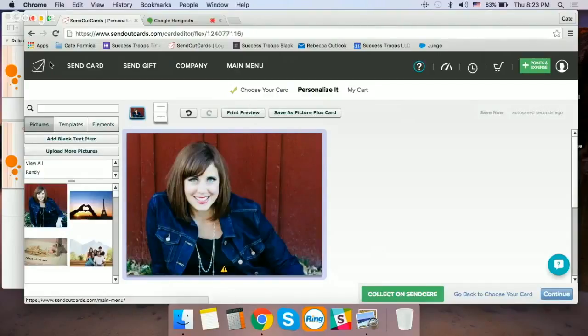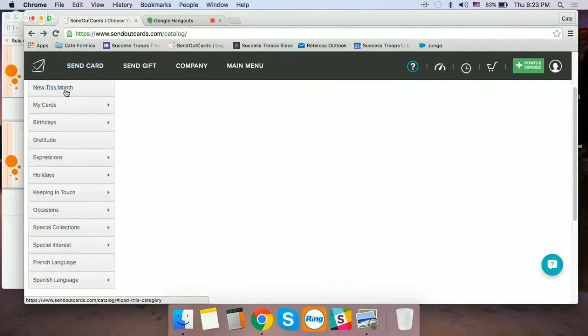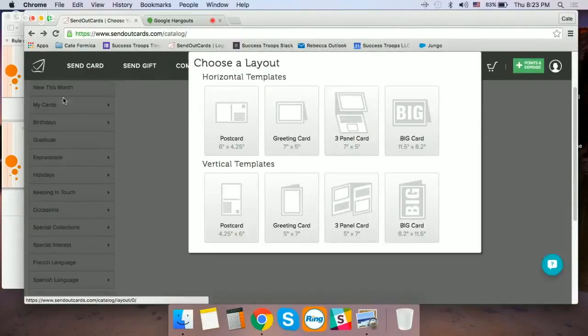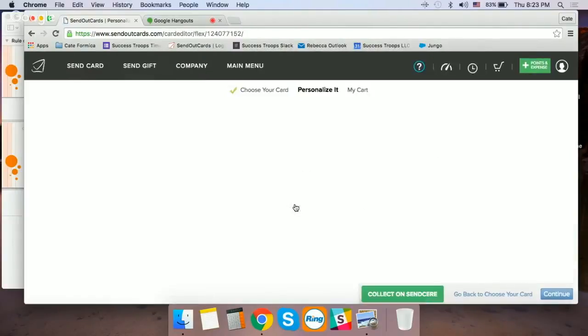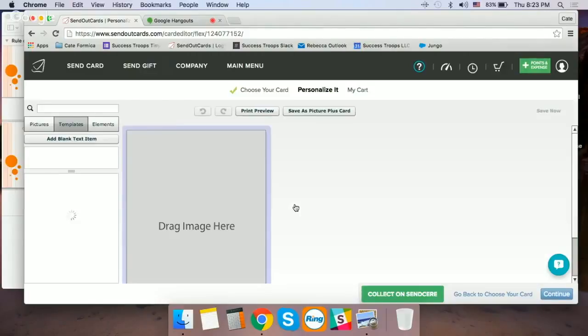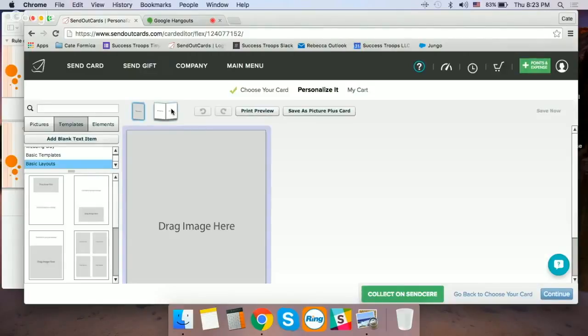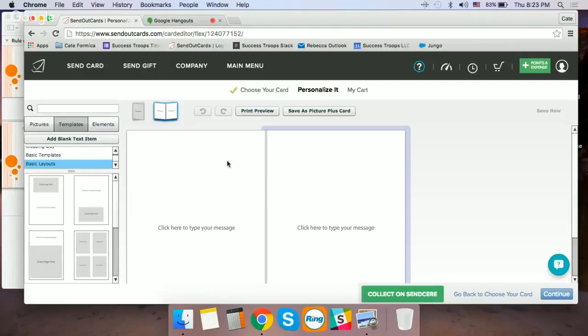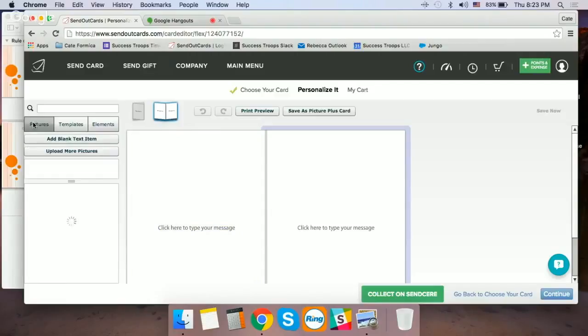I'm also going to do one other thing. I'm going to go back one screen, and I'm going to go to the top and do create a picture plus 2.0 card. And I'm actually going to create a vertical template at this point. And I could do anything I want on the front, but I'm going to go to the inside of that card. And I'm going to go back to pictures, which is the picture tab to the left. And we're going to try something real quick.